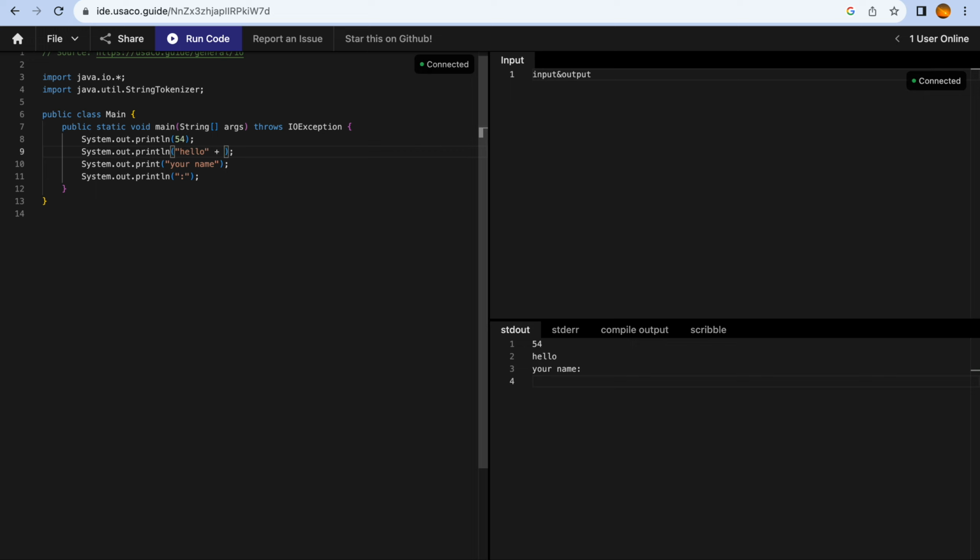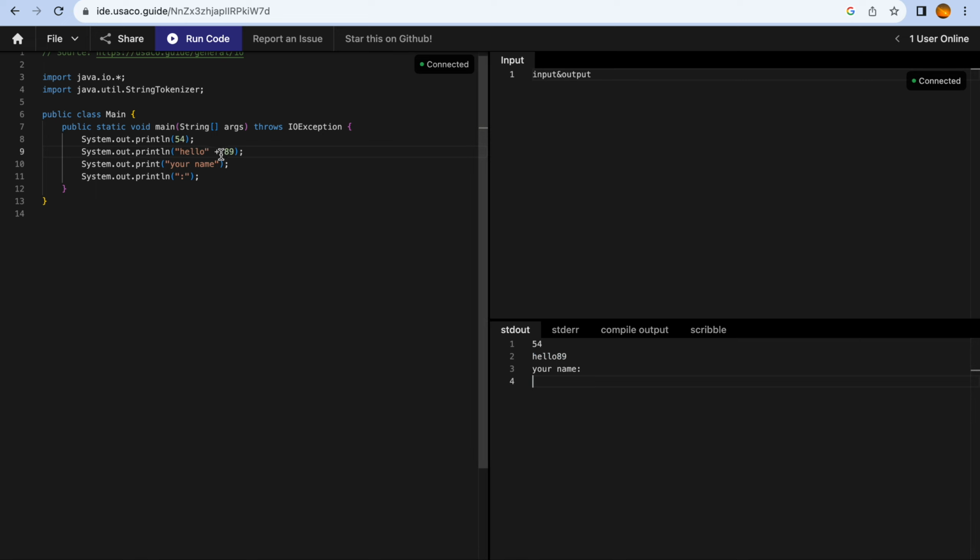And this doesn't necessarily have to be the same type of value as the other one, so it could be a number, like this,